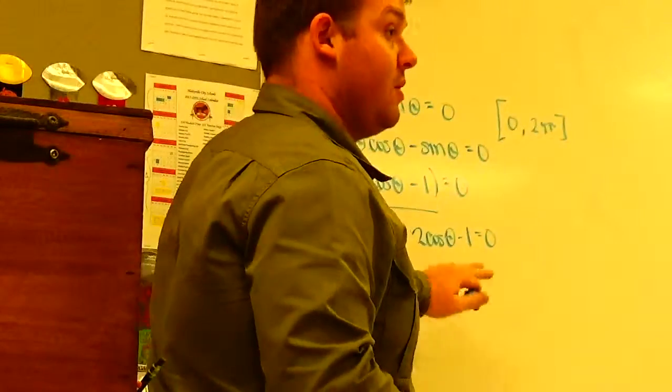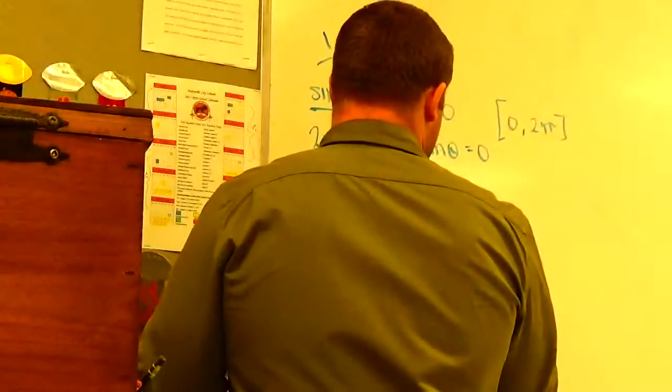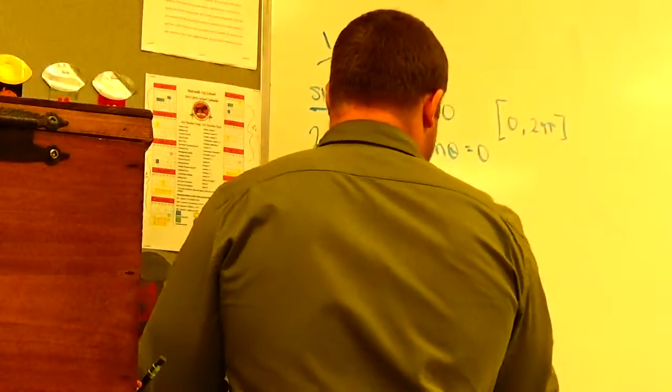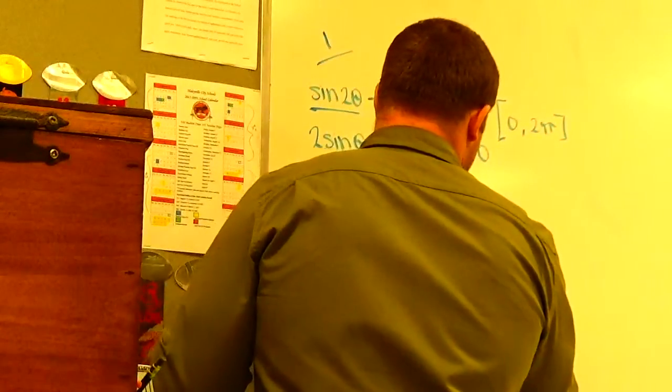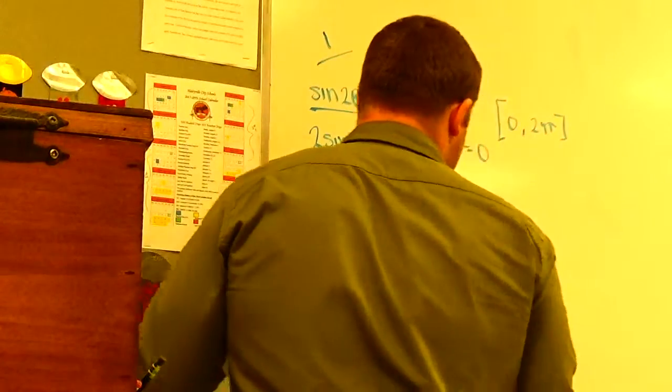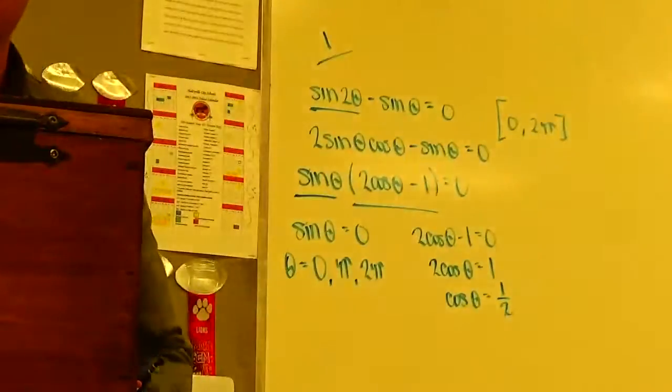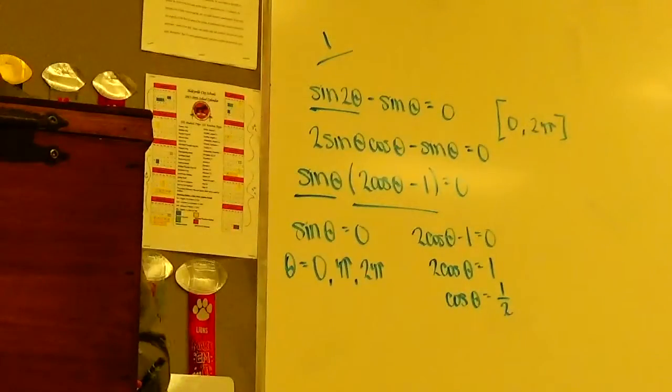This is a 2-step equation. Add 1, so we've got 2 cosine theta equals 1. Divide by 2, cosine of theta equals 1/2. Well, when does the cosine of theta equal 1/2? Look on your unit circle. It's got to be positive 1/2. Should happen twice. Pi over 3 and 5 pi over